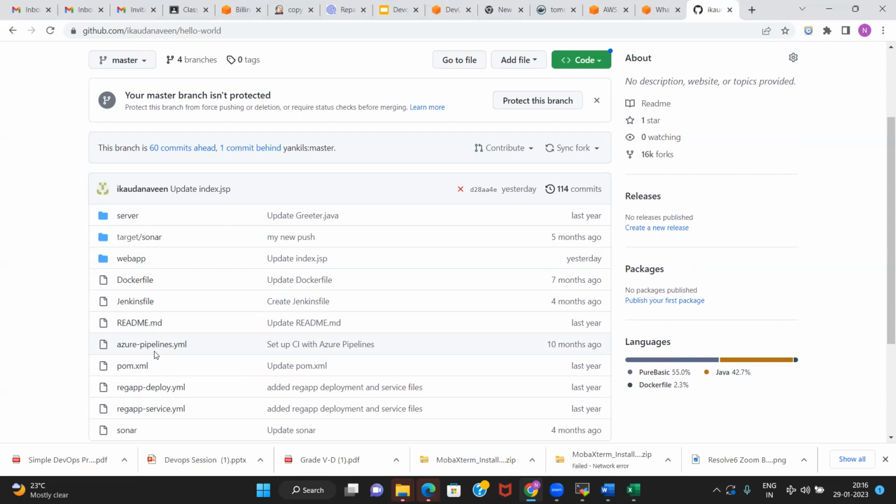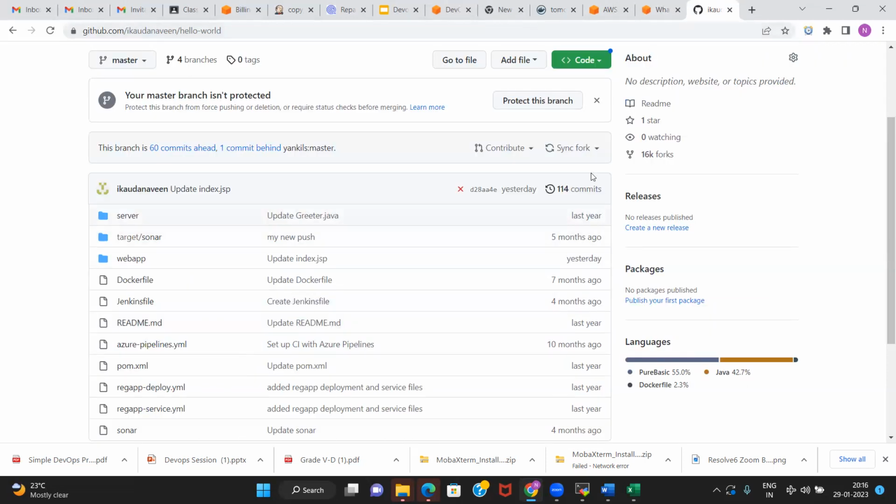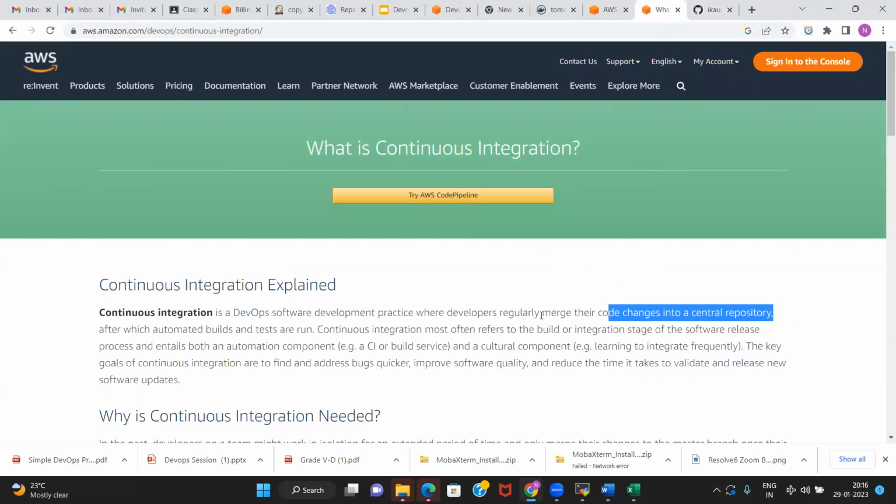So there will be a place where your code will be, which is what it says: a central repository. In our case, GitHub is the central repository. Regularly merge their code changes.